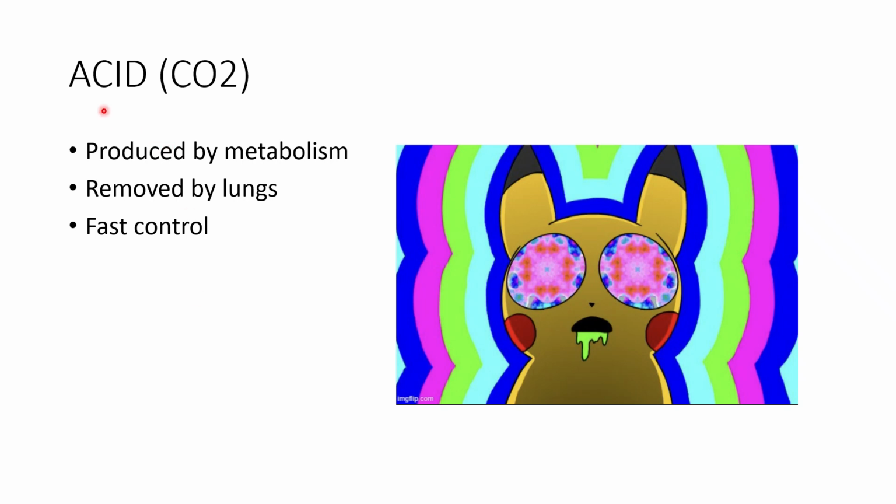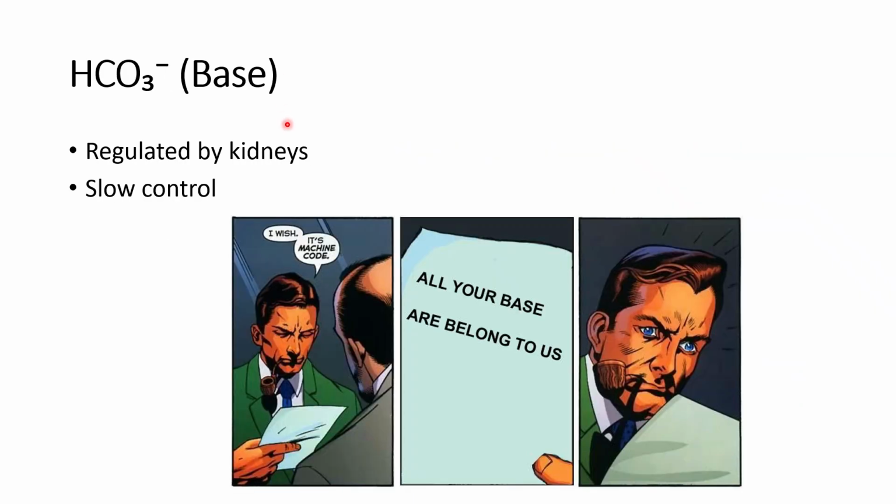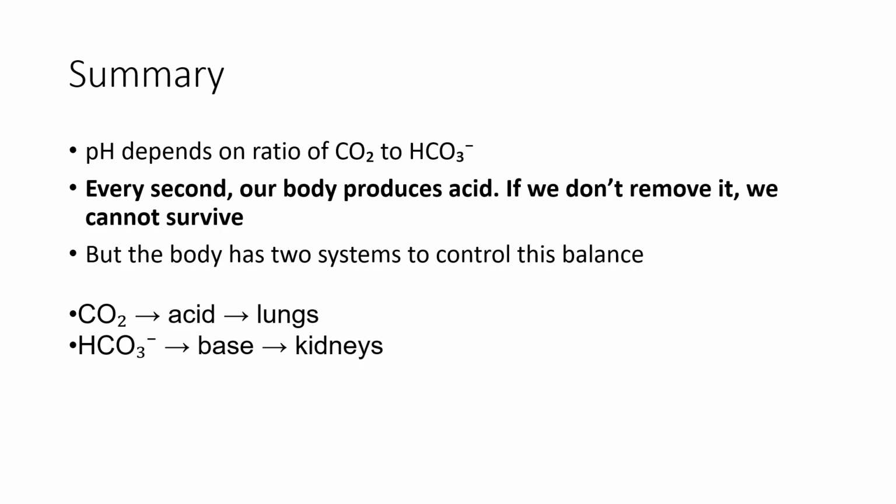The acid part is represented by CO2, which is produced by metabolism and is removed by lungs. This is the fast control. The body can very rapidly control your CO2 levels. The bicarb part represents the base, which is regulated by kidneys, and it is the slower control of the acid-base balance inside the body. So basically, the pH of the report that you see depends on the ratio of CO2